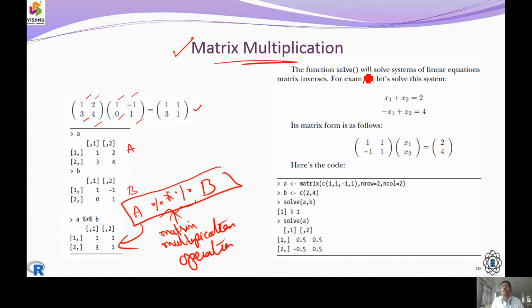So let us see here, we can use a function called solve. We are going to compute the inverse of a matrix, and thereby we need to solve the operation. So we are going to put it as this: x1 is 1, x2 is 1, x1 minus x2 we get -1, and this is the operation, and we need to find the values of x1 comma x2.